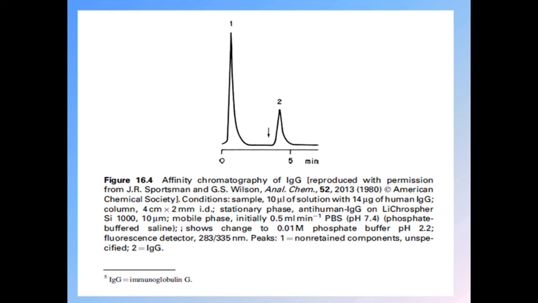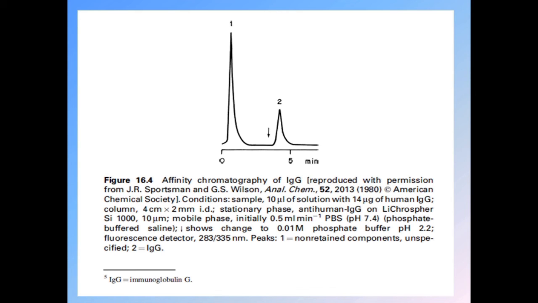As a characteristic, immunoglobulin G fluorescence is quenched at pH 2.2. The pH of the column effluent had to be raised by adding a buffer of pH 8. The yield of active immunoglobulin G was in excess of 97%. The stationary phase remains active for a long time, provided that the column is stored at 4 degrees Celsius when not in use.